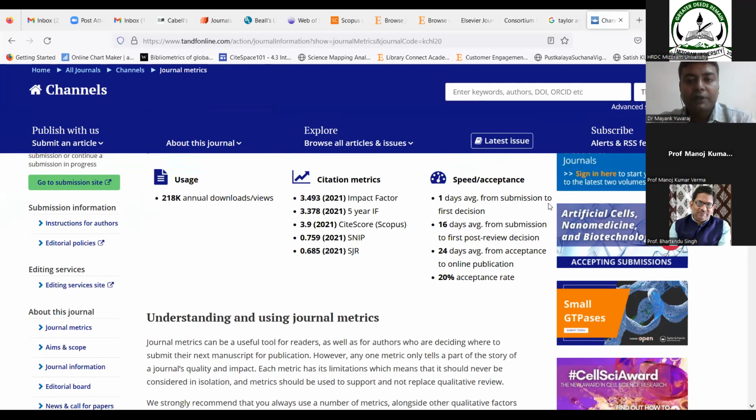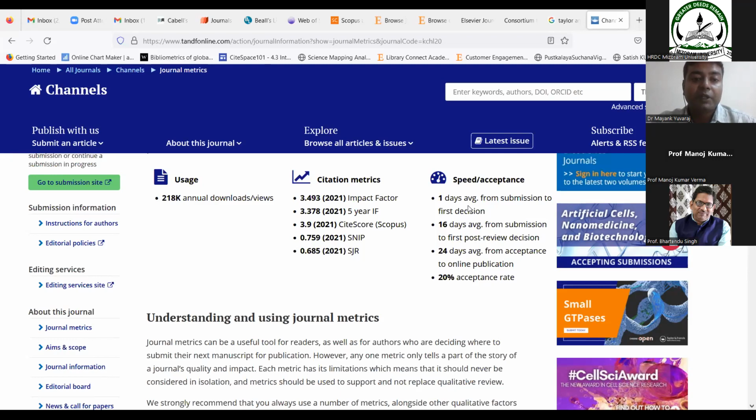From the journal metrics, I came to know that it takes only 1 day to reach a first decision, 16 days on average from submission to first post-review decision, 24 days from acceptance to online publication, and the acceptance rate is 20%. So it is very useful information.